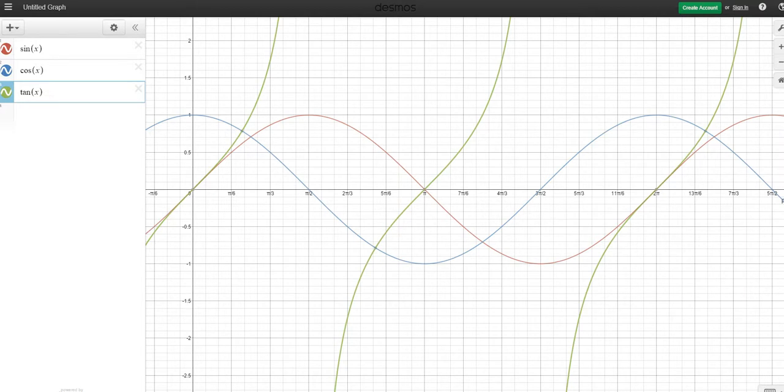Sine and cos are very similar, except that sine will always begin at point 0 unless it is shifted in some way and transformed somehow, which we will get to next time. Cos x will always start at 1 and it will always end at 1. Now notice that the range of the two functions is always